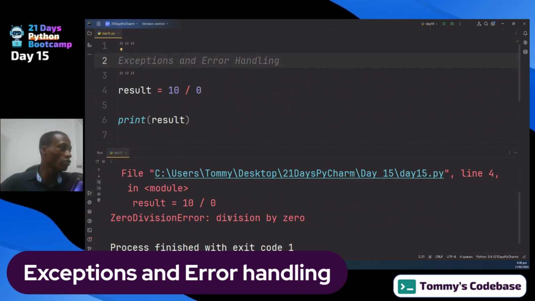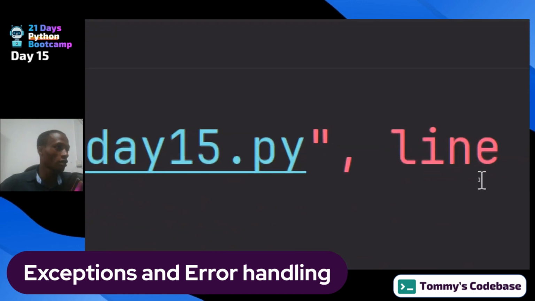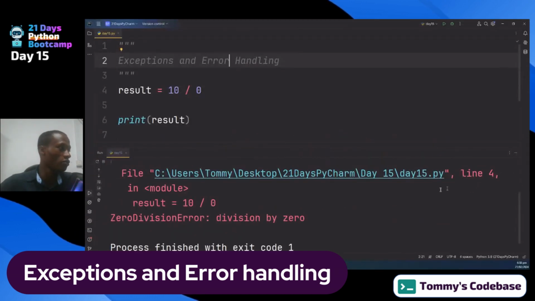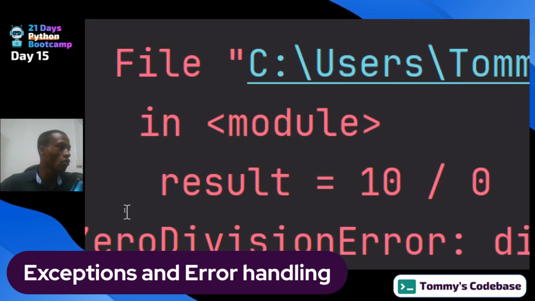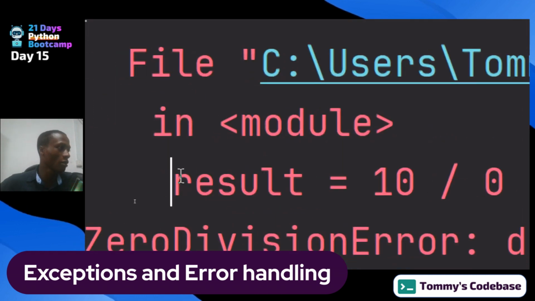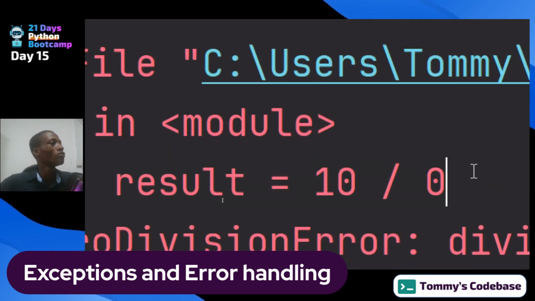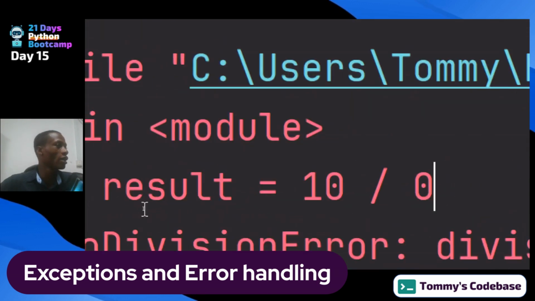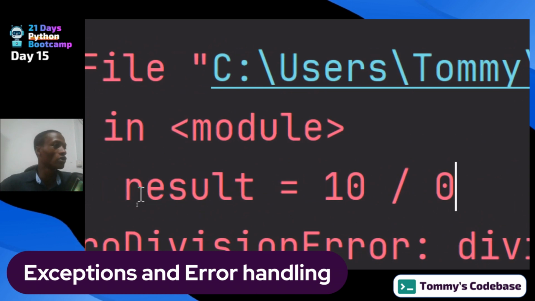And so that is how we know what is wrong. In most recent versions, you see that Python even tries to tell you the line where the error is occurring. And that is something very cool. And usually it shows you the particular part of the code that is showing that error. So now we know that it's on line 4, and on this particular logic, which is result equal to 10